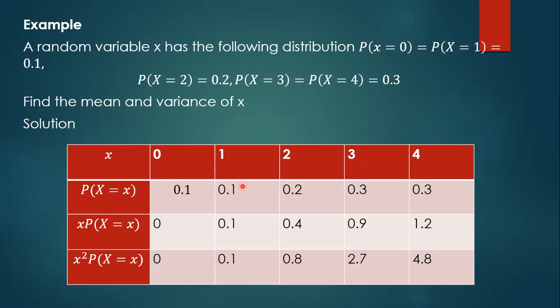Then still in the question, they said probability of x equaling 2 is 0.2. So that is why here we have a 0.2. Then probability of x equaling 3 was the same as